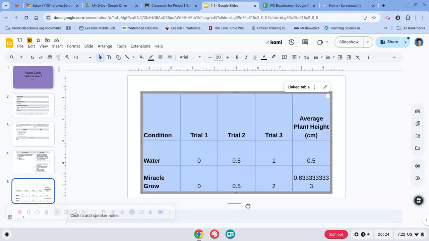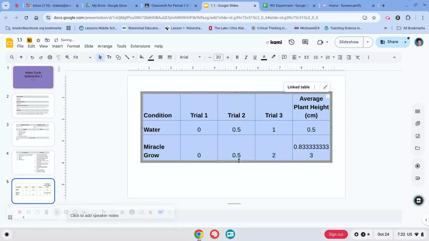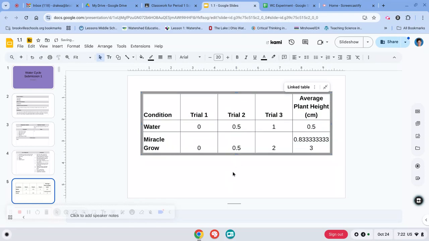Now this isn't quite so pretty, so I'm going to see if I can make it a little prettier. So I'm going to make my cursor go on this line here, and I'm going to push it up, and I'm going to push this one up, and I'm going to push this one up. Apparently I'm not. Well, there we go. I can push that one up a little bit. Now that looks like a professional